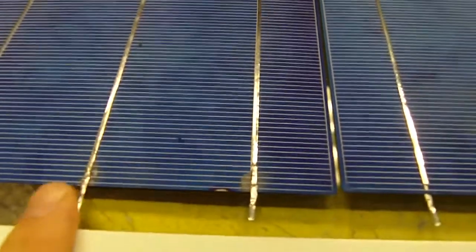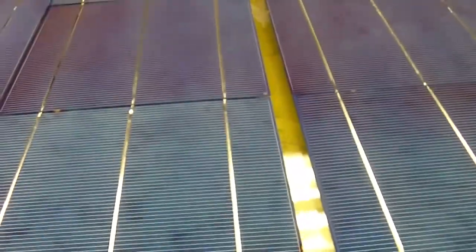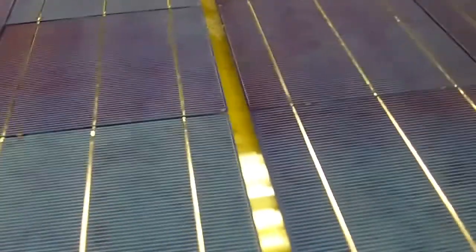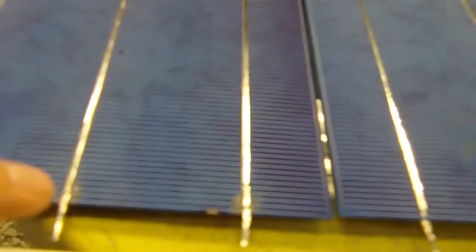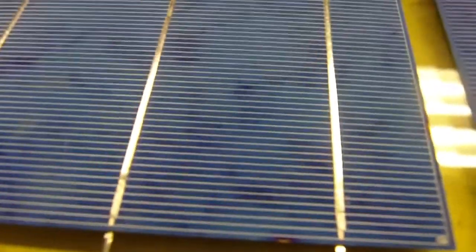So your next row beside this one is going to be a positive, because you're going to go from negative on the top of this sunny side cell over to this positive here on the bottom. And so what I'm going to do is attach those together with the bus bar wire, and that will then continue our circuit across these